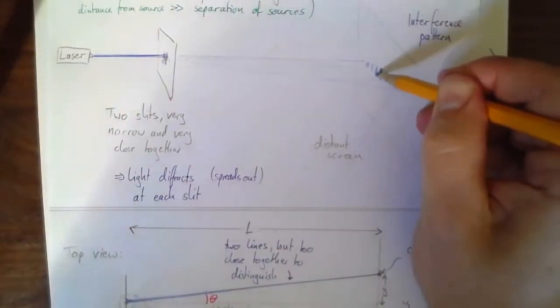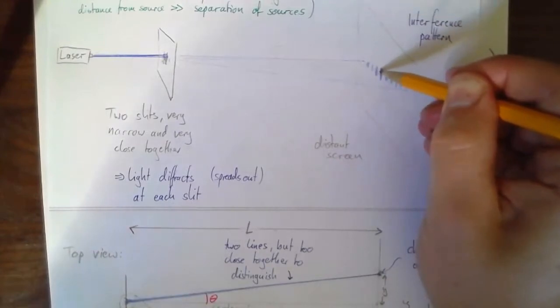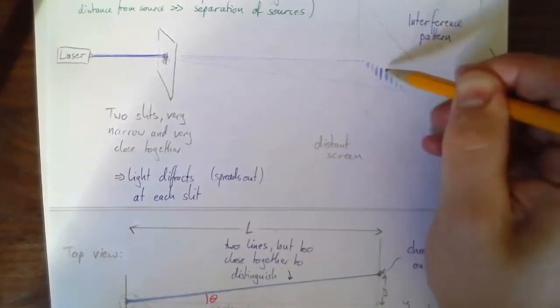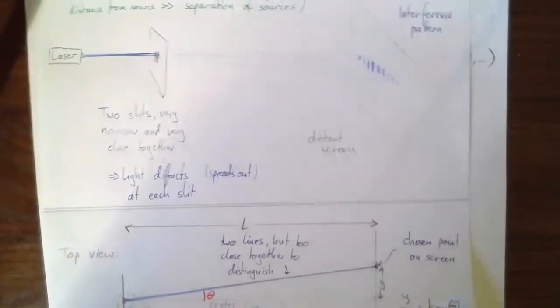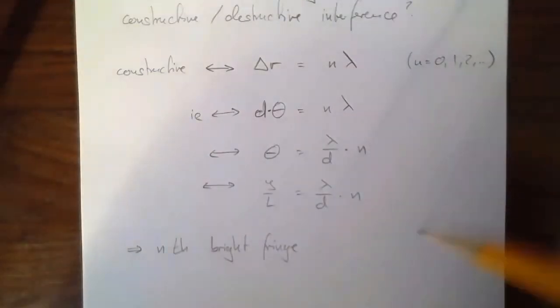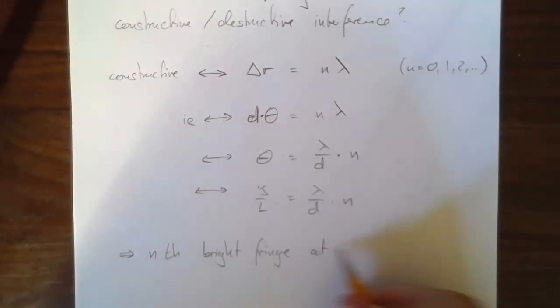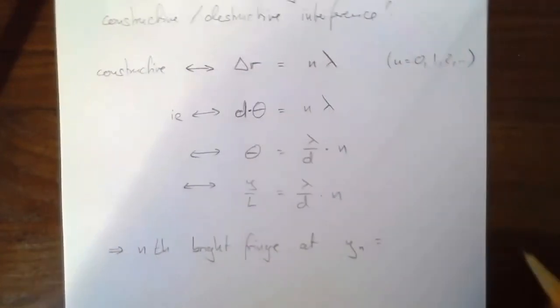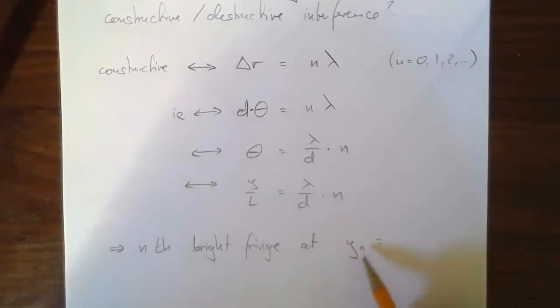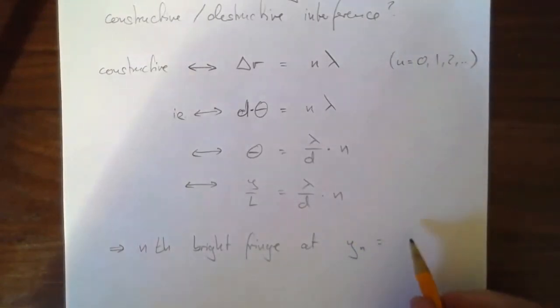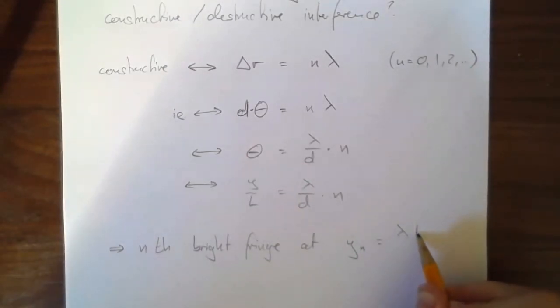So on my picture, start in the middle, like bright, dark, like the 0th, 1st, 2nd, 3rd, and so on, the same thing going in the other direction. The nth bright fringe is at y_n. So I'm labeling the distance of the nth bright fringe from the center by y_n, and that's lambda L over d